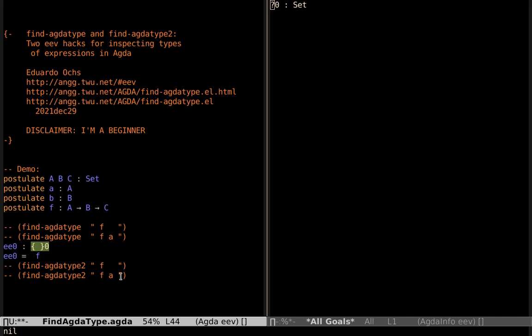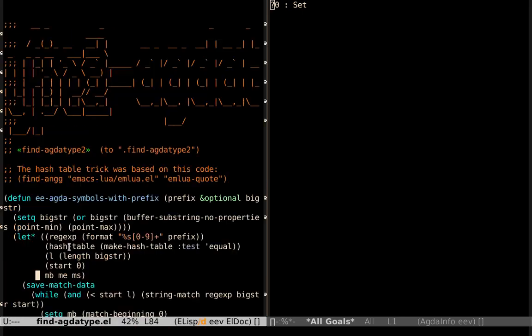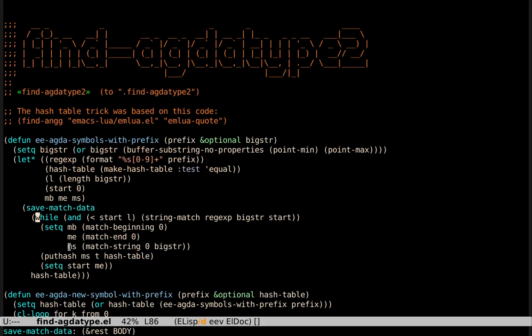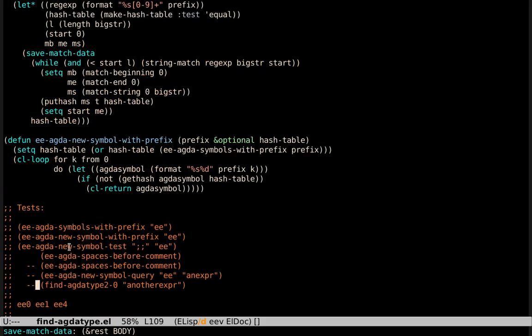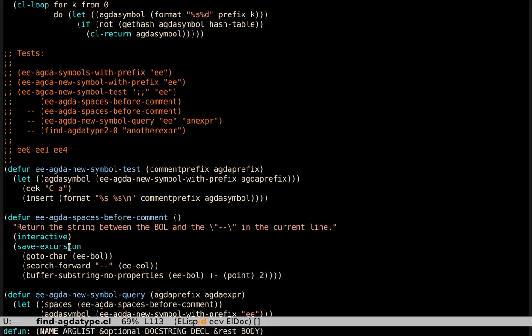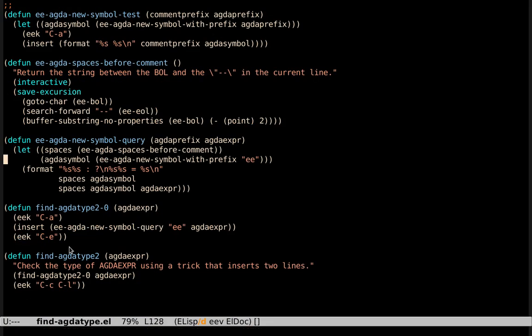And then it has to type Ctrl+C, Ctrl+L to make Agda load this file and treat the hole in a certain way. And the code is here. It has a lot of bureaucracy just to choose a new symbol and to produce the string that has to be inserted. And after inserting the string, it runs this,